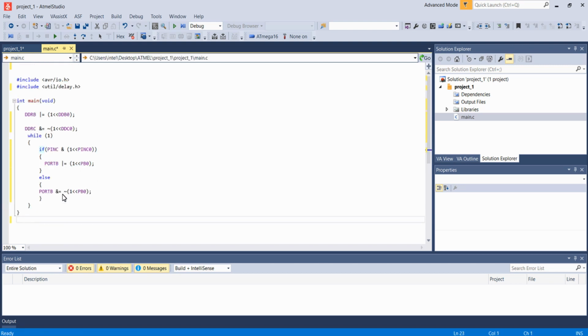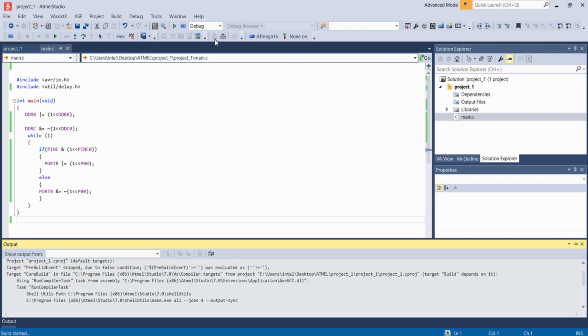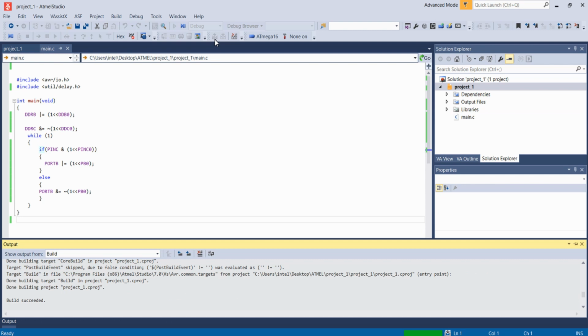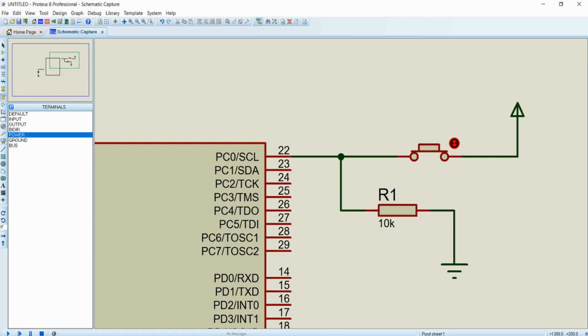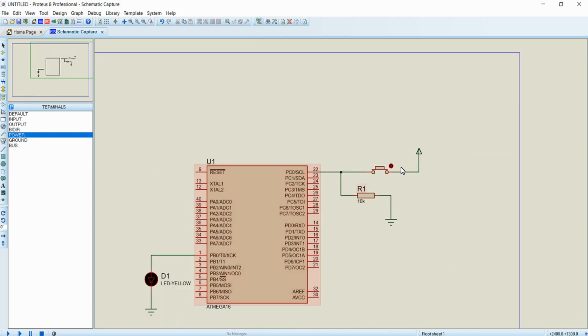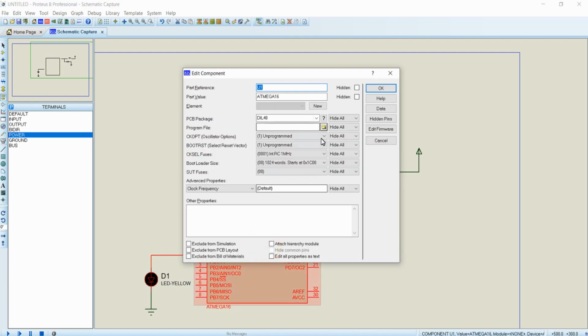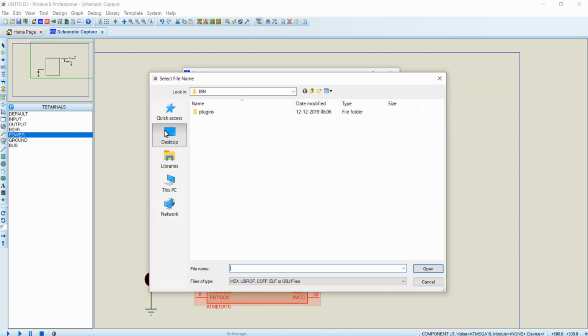Now I am building the project using the icon provided here. You can see the build is successful, and coming to our Proteus, to load the program, double click the IC and click on this icon in the program file and go to the respective folder of the Atmel Studio project, and inside the debug folder you can find this hex file.